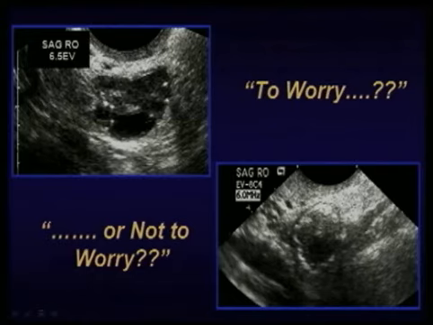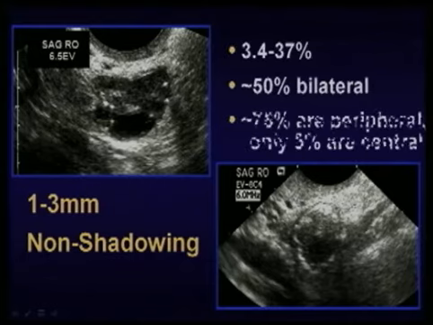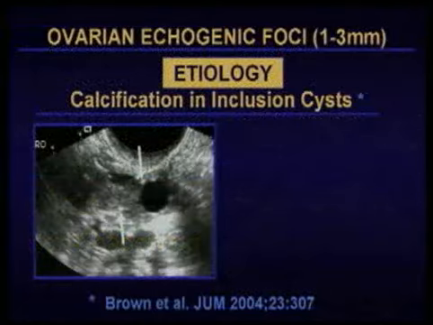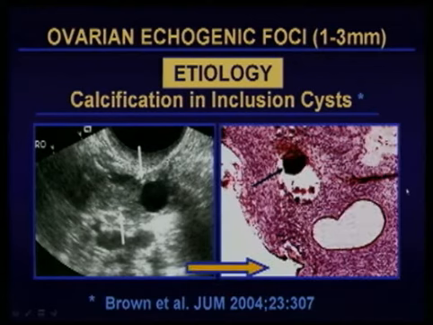So is the same thing true in a woman who has these little microliths? These are small, non-shadowing, and as we said, about 95% are in the periphery of the ovary. So you recognize them, and I will quickly tell you not to worry about these. A study came out of the Brigham Hospital. Rusty Brown, one of my colleagues, took ovaries like this, and when they were going to be removed, we had the opportunity to look at these ovaries